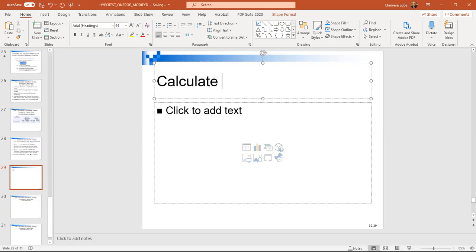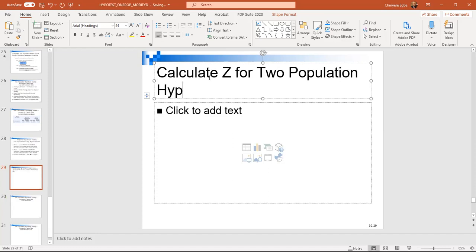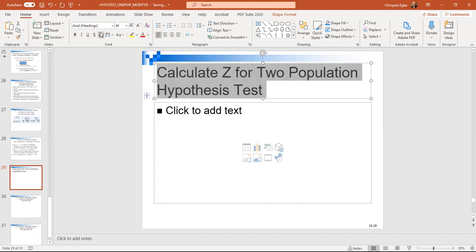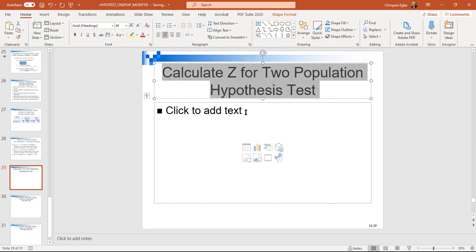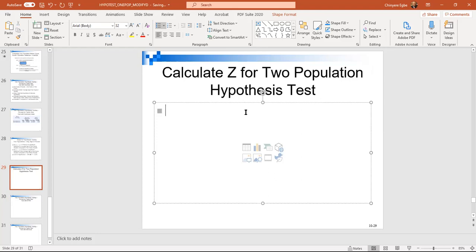We'll calculate Z for two population hypothesis test. And Z is equal to, for two population hypothesis test,